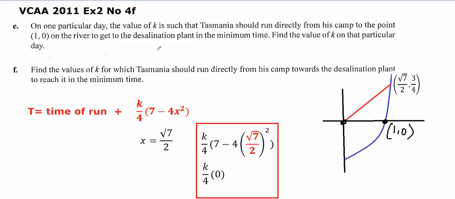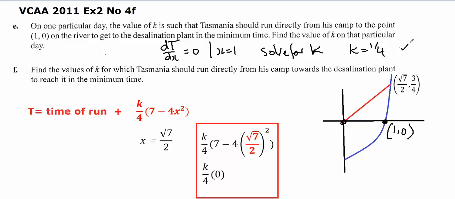So in this particular case, you would want to take the derivative of t with respect to x, make it equal to 0, given that x equals 1, and solve for k. And that gave you k equals 1/4. And that's running directly here and then swimming up the river. In part F,